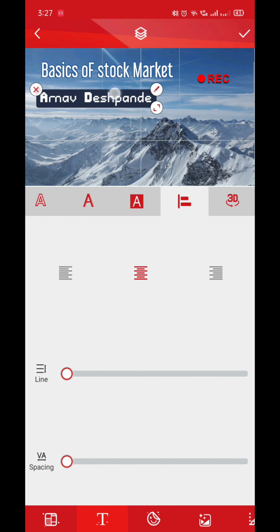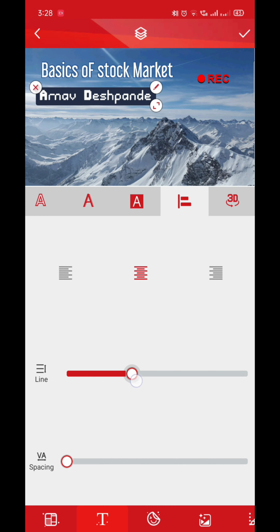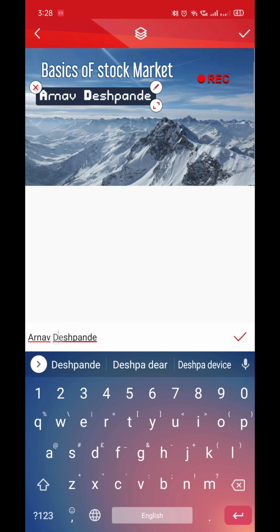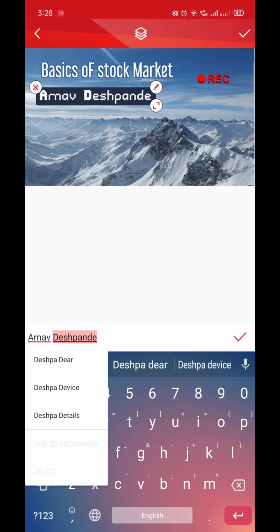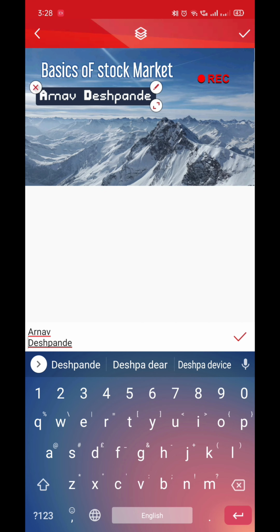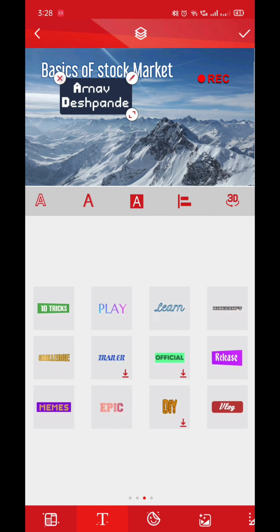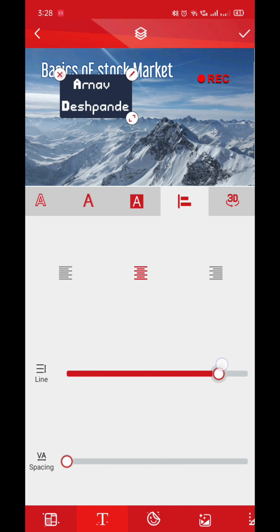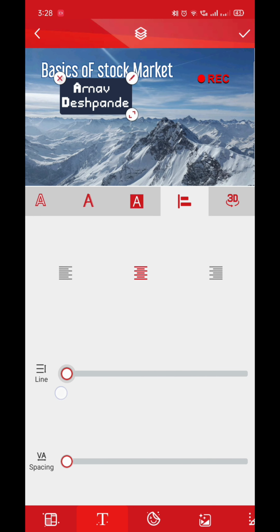So next setting is adjusting the alignment of the text inside the highlighted text. So I'll keep it in center alignment because it is preset that way. So even you can increase the line width, or if you are typing like this, something like this, you can increase even the line distance in this way. I'll just show you. So we were in this one, and you can increase the space between the lines in this way. And also there is another setting of text spacing, so you can increase as much as you want.